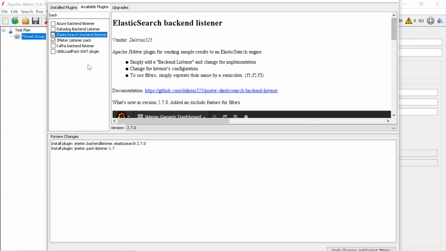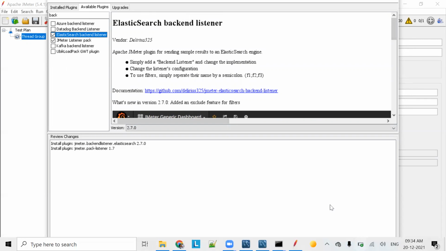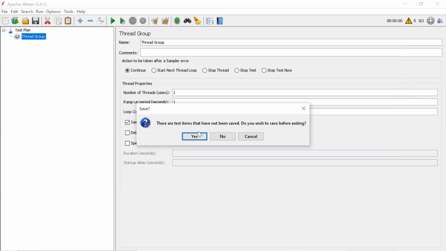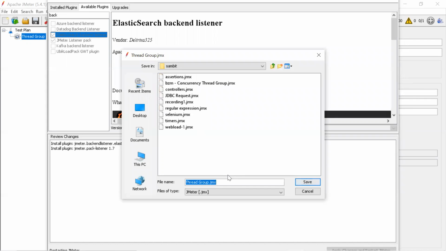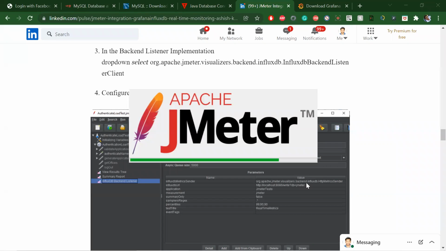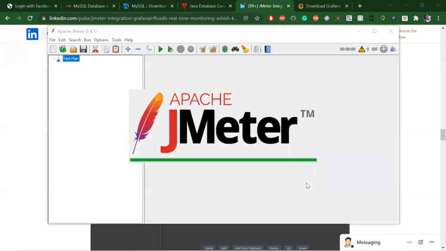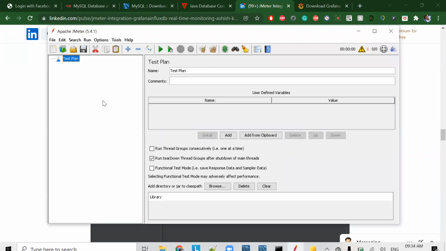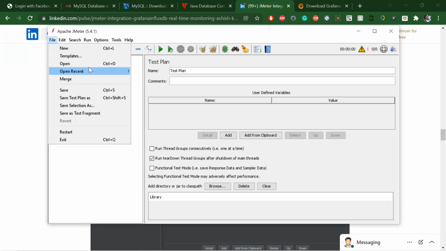And we don't have Kafka. Okay, now I can open that one.